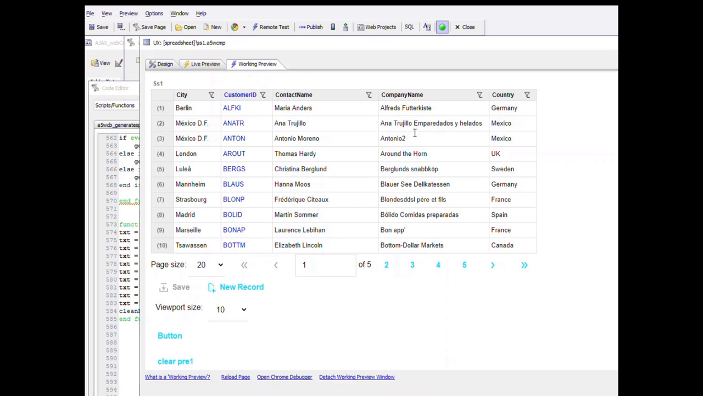So what we've shown now is how columns can be resized and reordered, and the size of the column and the position of the column is remembered when the component is run. So let's take a look now at